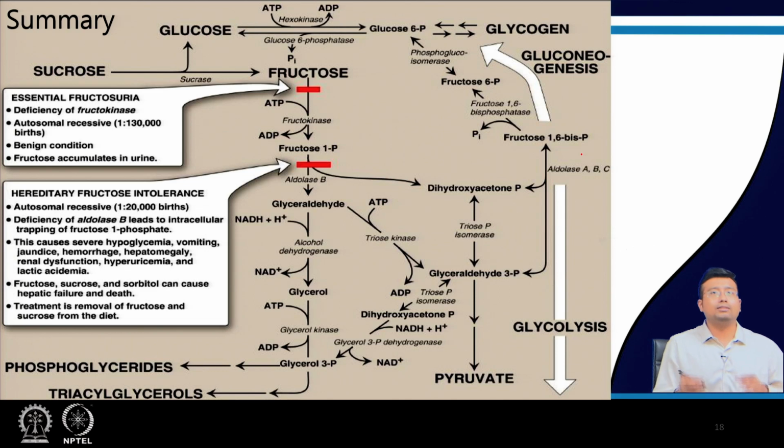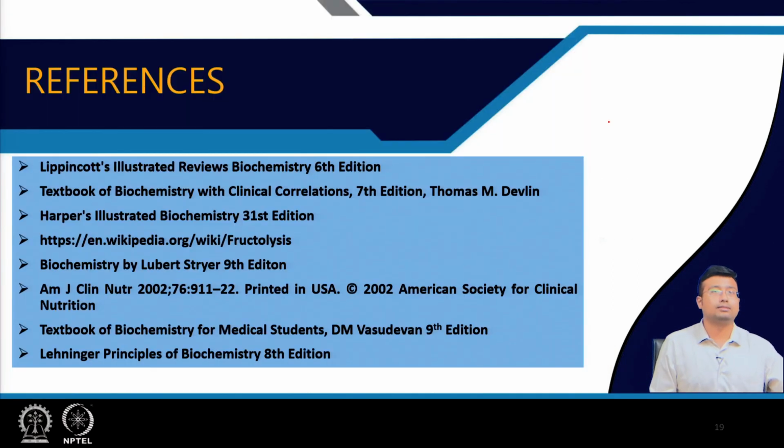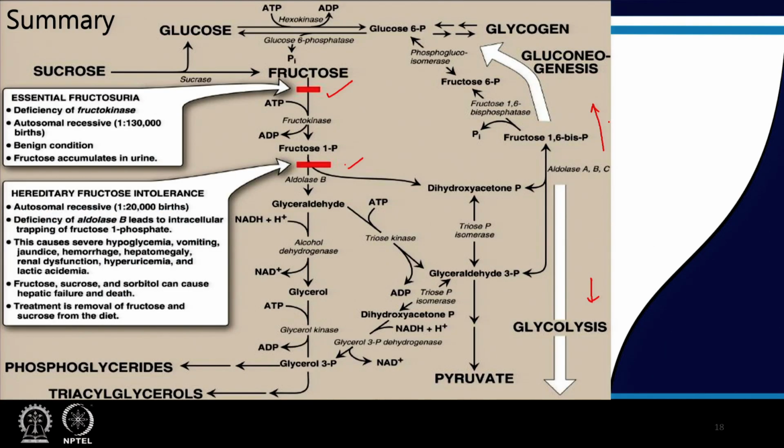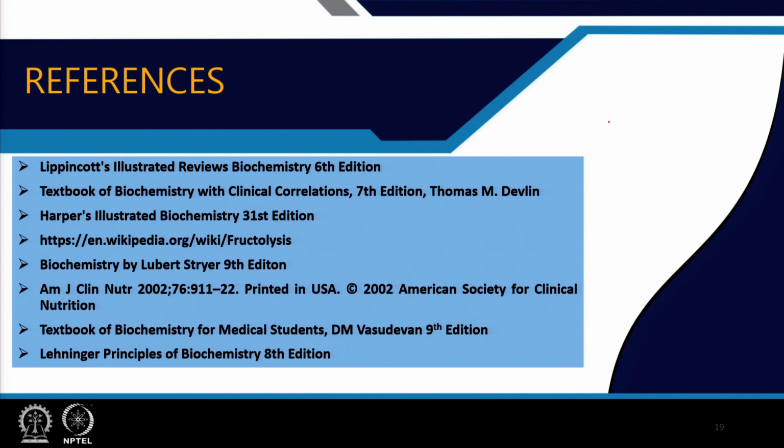So, to summarize, you see essential fructosuria is formed due to deficiency of fructokinase enzyme, hereditary fructose intolerance is due to deficiency of aldolase B. Fructose can bypass the rate limiting steps of glycolysis and it can be converted to dihydroxyacetone phosphate and glyceraldehyde 3-phosphate, and it can enter into the glycolysis and TCA cycle, or it can be used in gluconeogenesis. So, these are the concepts that have been covered. This is basically a summary slide of concepts covered, and these are the